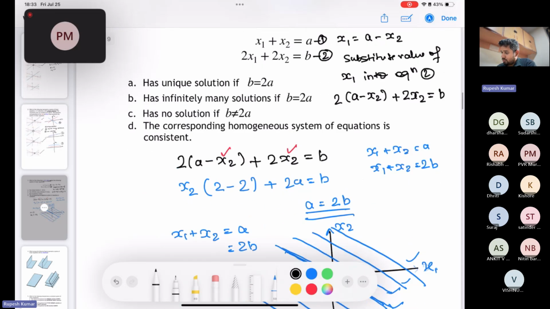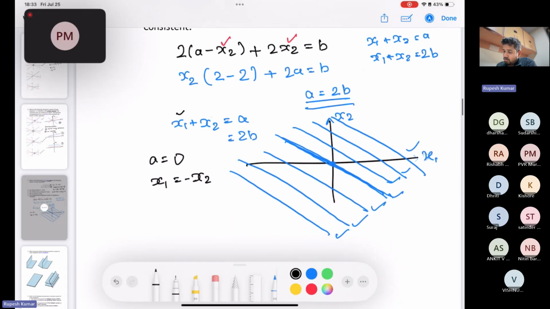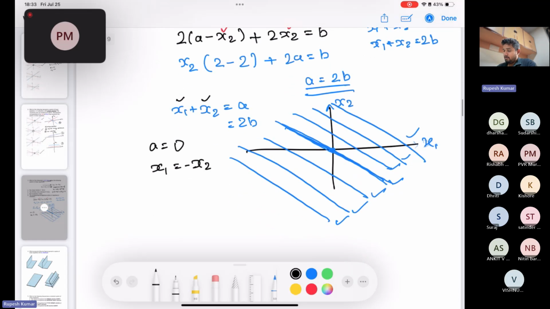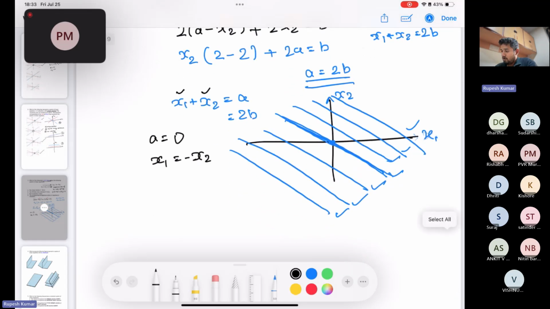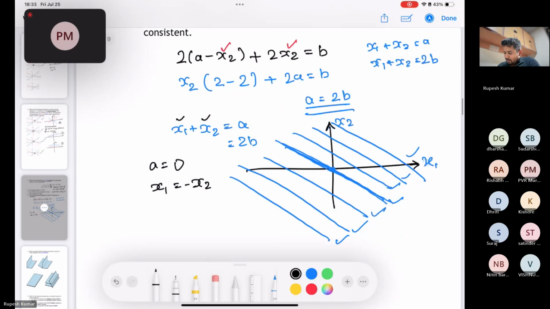So what is true? It is true that you get a linear equation, a single equation containing two unknowns, x1 and x2, and infinitely many possible combinations of x1 and x2 can be formed that satisfy this condition. That can be seen geometrically if you plot this over the coordinates for x1 and x2. You can see this is a line that is parallel to the line x1 equals minus x2. So all of these lines satisfy this single criterion, depending on the value of a.